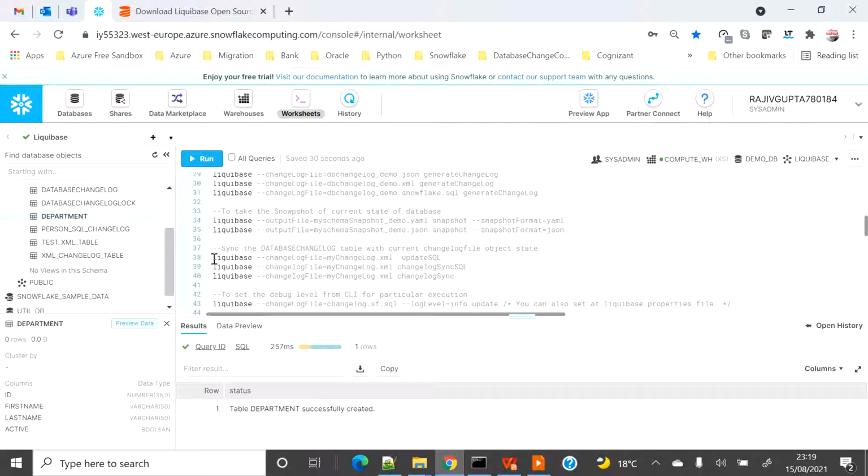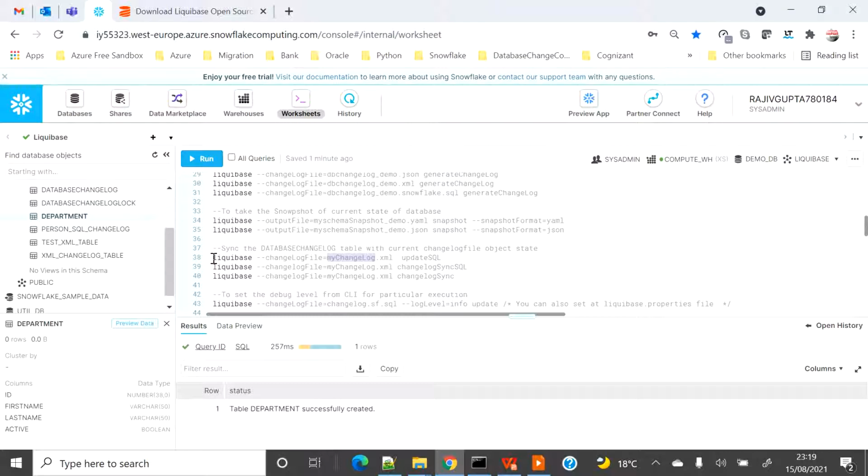it's out of track or out of sync. Basically I would say that it is out of sync with the changelog file. So now you already know that this table exists along with this changelog file, so it should get applied based on this, but now the table is already created, so you can't apply this changelog.